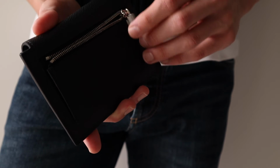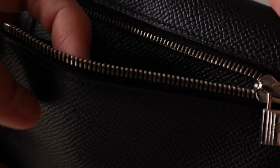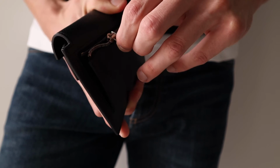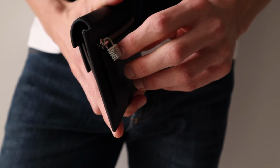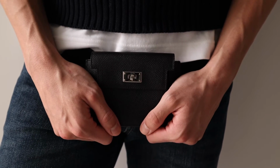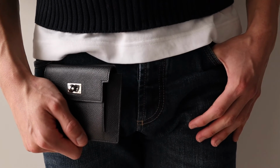And then you also have an additional pocket on the back with a zipper and this adorable little Kelly lock detail. So you can of course use this as a coin purse. You can put some additional cards, cash, or maybe even your keys in there, or some little trinkets that you want easy access to. So I understand this piece isn't inexpensive either, but it is quite an elaborate